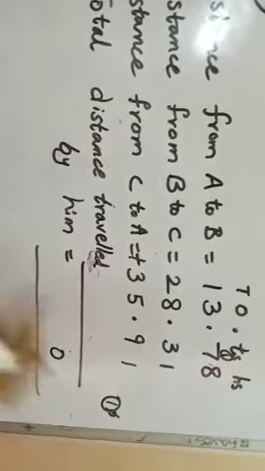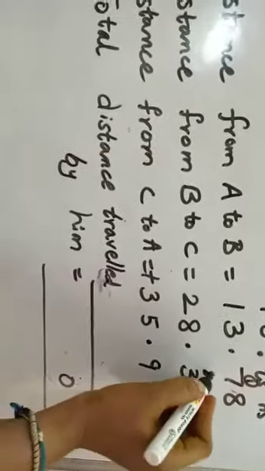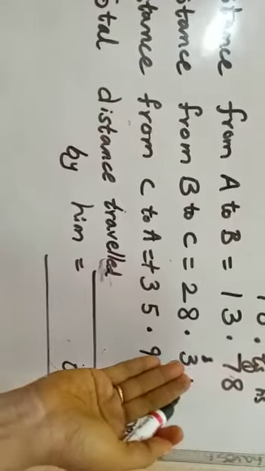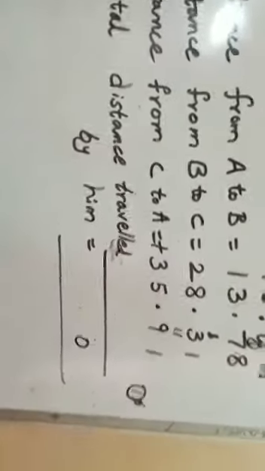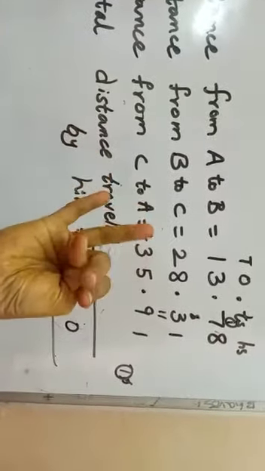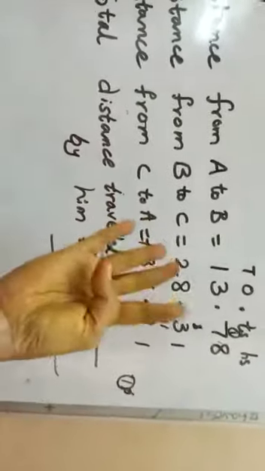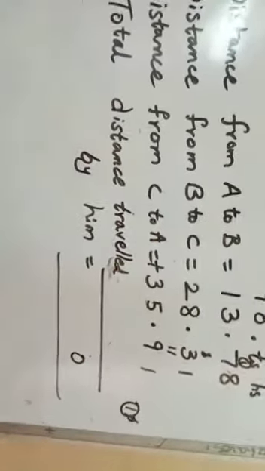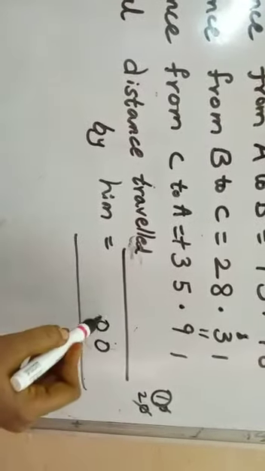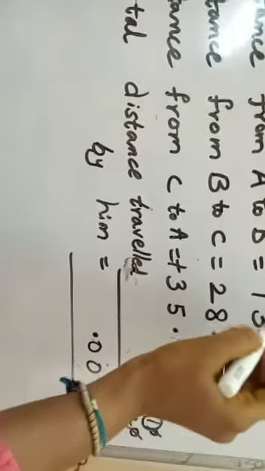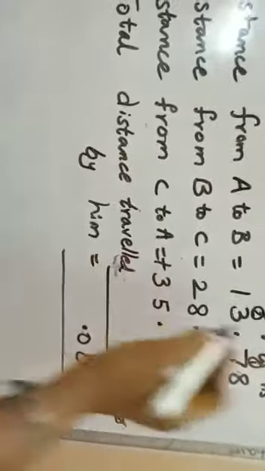1 plus 3 is 4, 4 plus 3 is... 8 after 9, 10, 11, 11 plus 9. Take 9 fingers, 11 after 12, 13, 14, 15, 16, 17, 18, 19, 20. So this is 20. Write 0 here, put the decimal point and write the carry in the ones place.